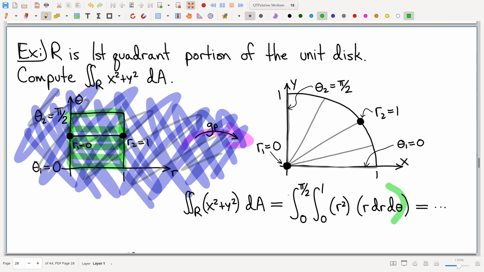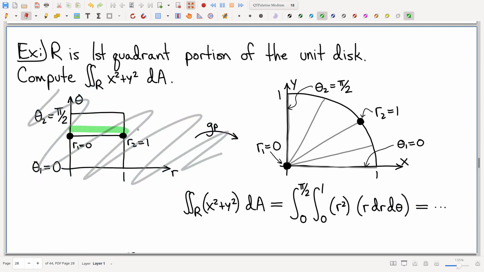Yes, everything that we're doing here is specific to polar coordinates only. All right. Okay, now let's, as before, just as a reminder, where do we get